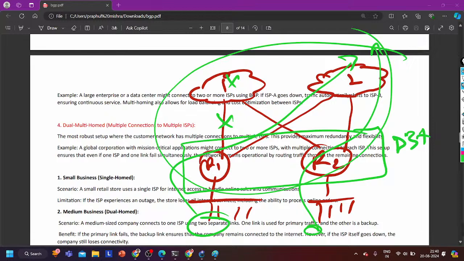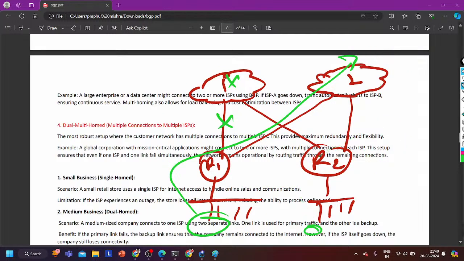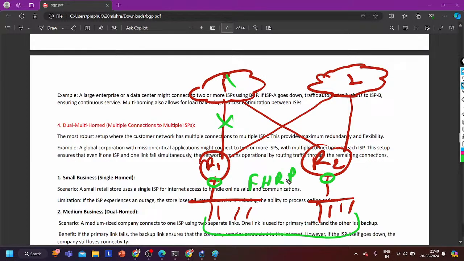And now if you are thinking, Praphul, now we have two default gateways. How will users identify the default gateway, right? What IP address? See, if you provide this IP address as a gateway to users, then all users will access the internet via router number 1. If you configure this IP address as the default gateway, all users will access the internet via this IP address, right? But guys, we again have a protocol here between router 1 and router 2, right? That is the FHRP protocol, first hop redundancy protocol.